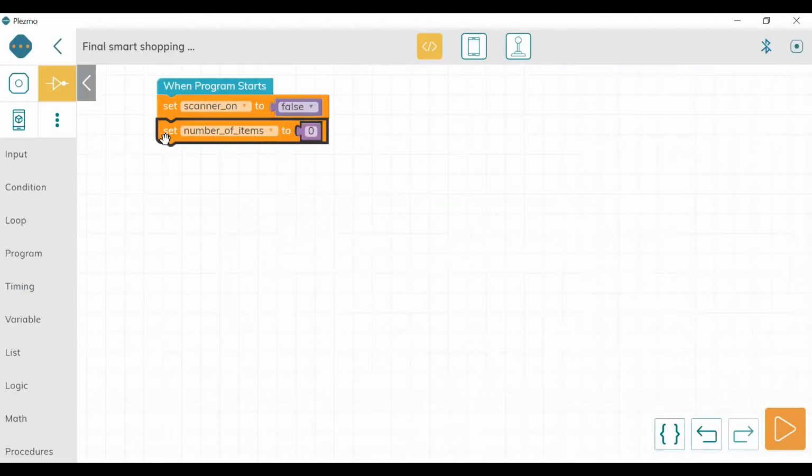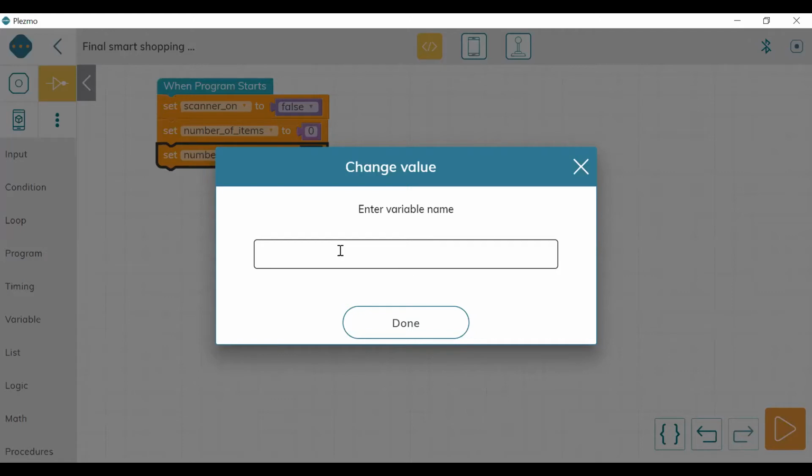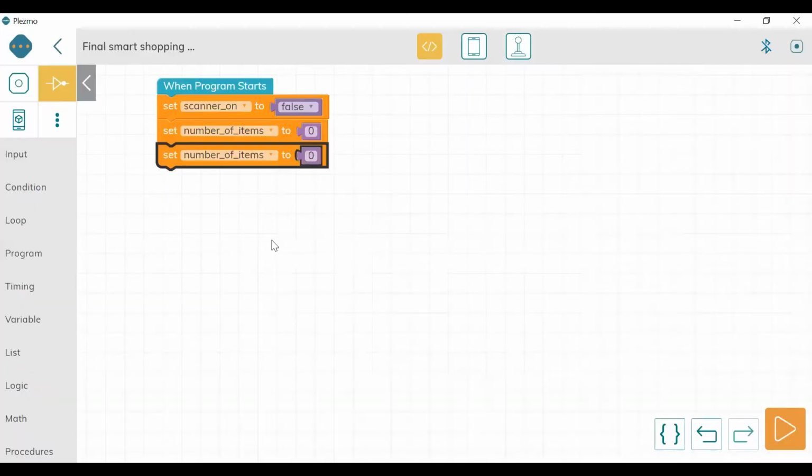Initially they are 0, and again I'm going to duplicate it, and here I'm going to define one more variable, create new variable, and we define it total cost. So it is done. These three variables are defined in the beginning only.